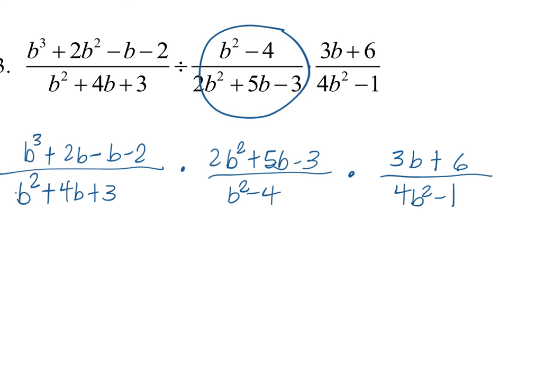So the only thing that we did, we just flipped that middle part, and everything else stayed the same, because what's immediately behind that division, that's what gets flipped in order for it to change to multiplication. So one big fraction, we're going to make sure we factor everything out. This would be factoring by grouping right here. If you pull out a b,